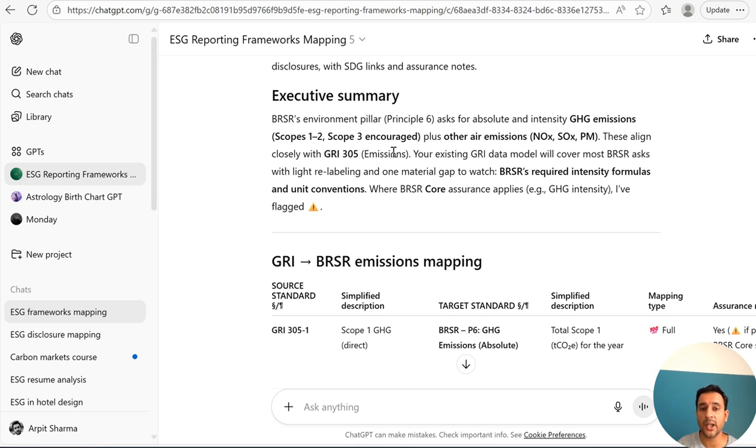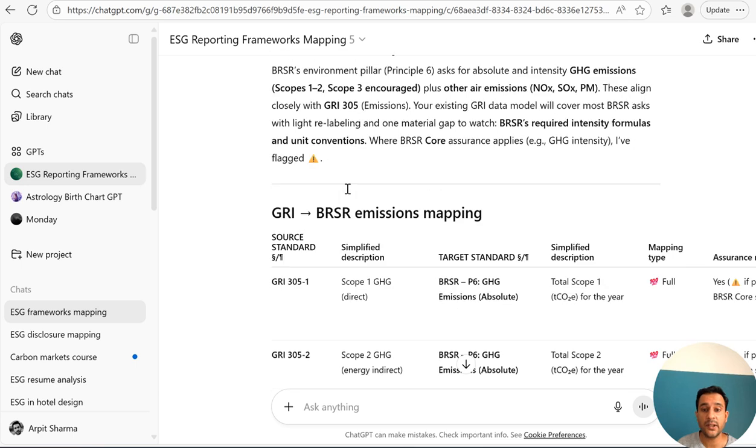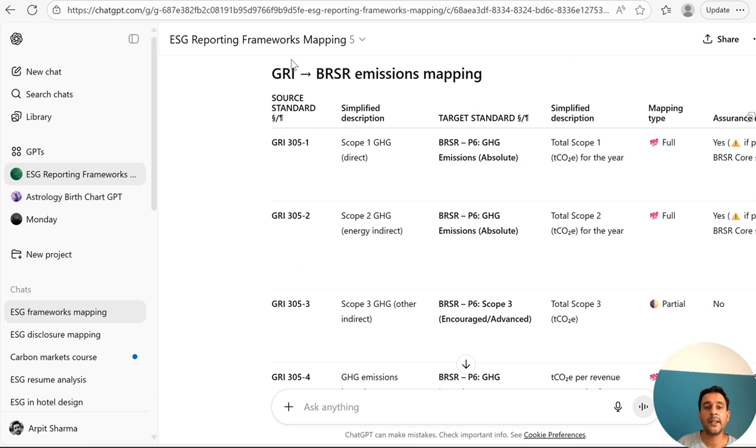These align closely with GRI 305. Your existing GRI data model will cover most BRSR asks with light relabeling and one material gap to watch: BRSR's required intensity formulas and unit conversions, right? So it has given us a table.